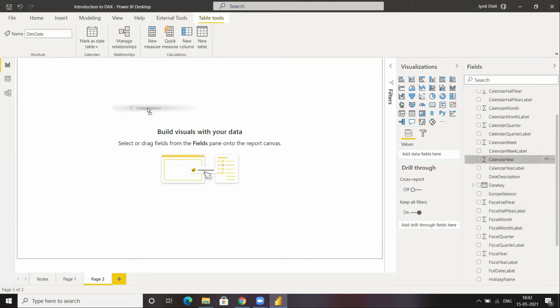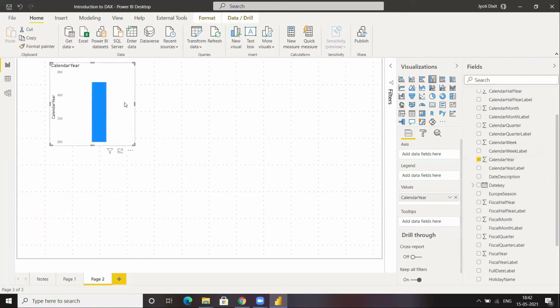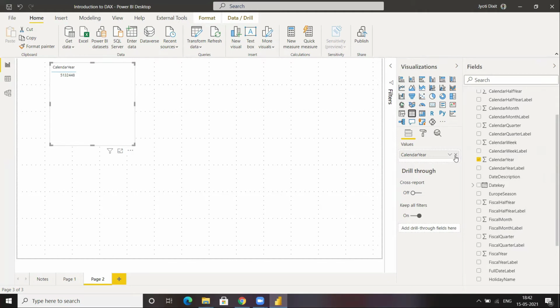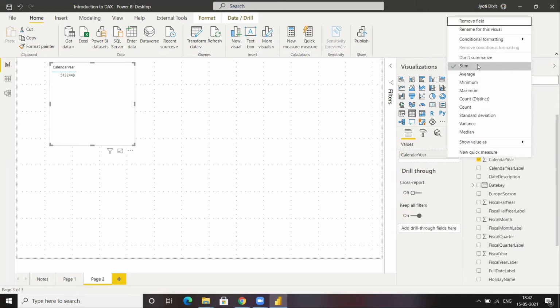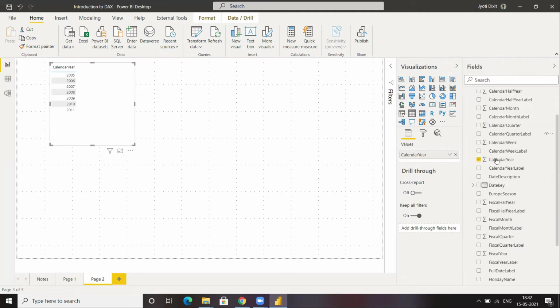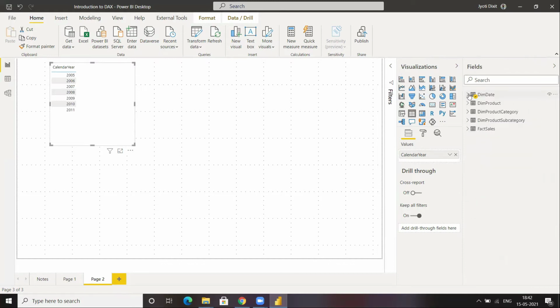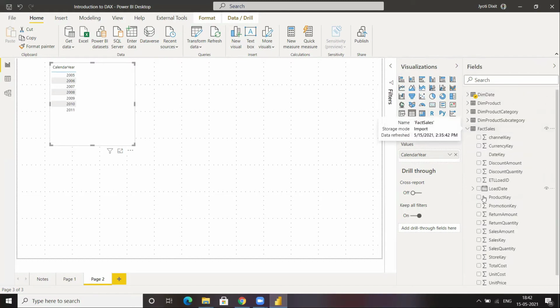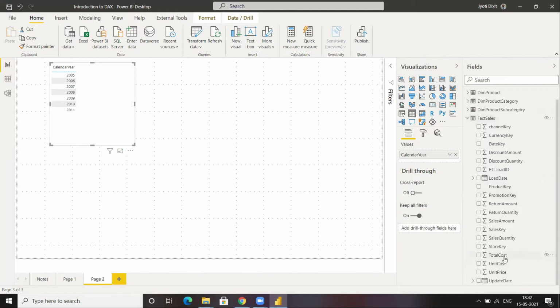I am bringing calendar year for now over here. For this particular class, I am using this visual, the table visual. And now I'm going to go to fact sales and pick up this particular column over here.